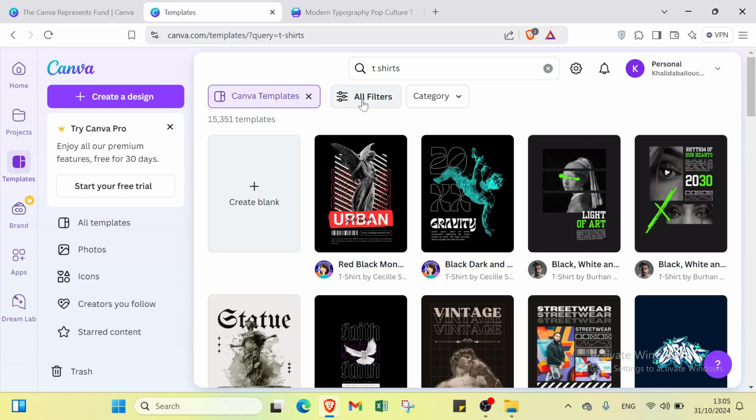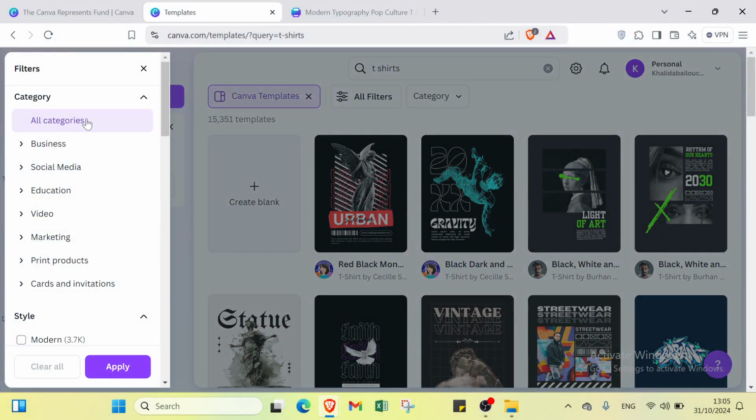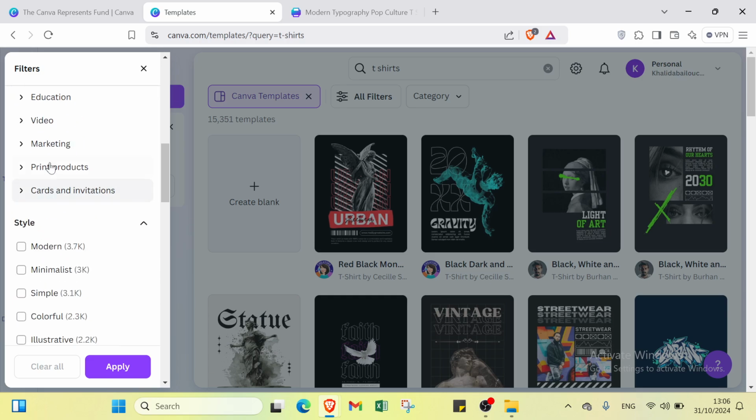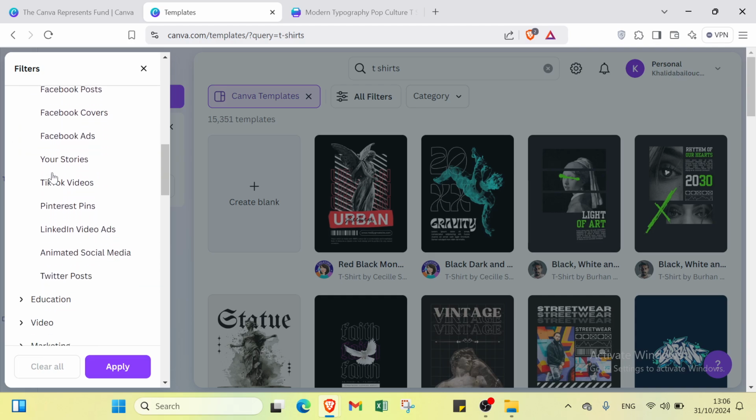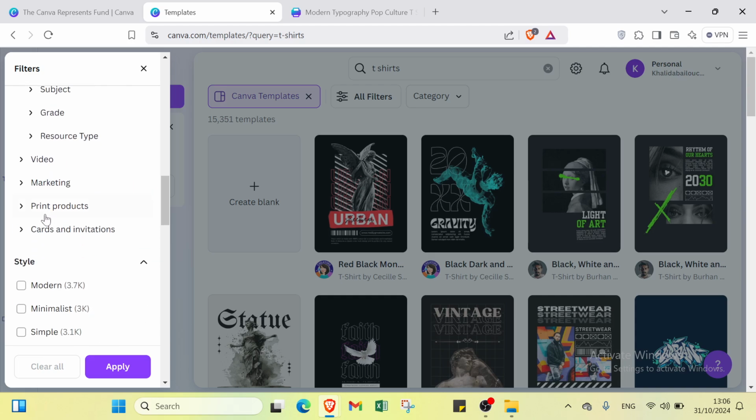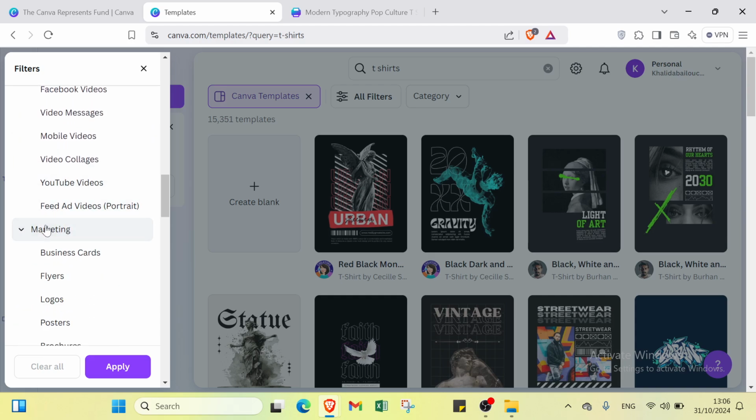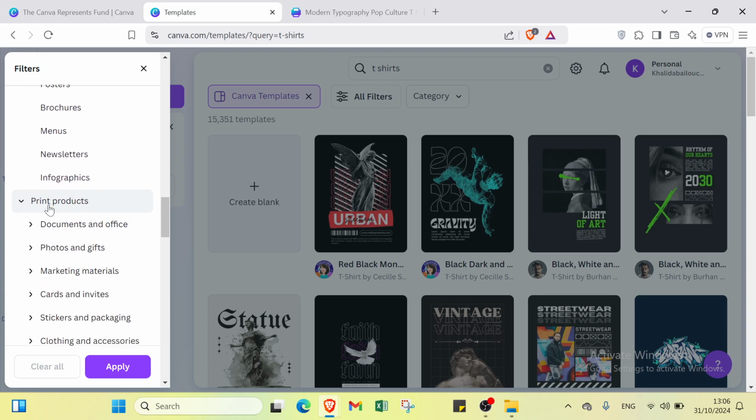Right now I will just click over all filters and I will select the category that I want, for example related to business, social media, education, video, marketing, print products. And if you select, for example, business, you'll find other things here. If you select social media, we have also other things, education, video, marketing, then we have print products